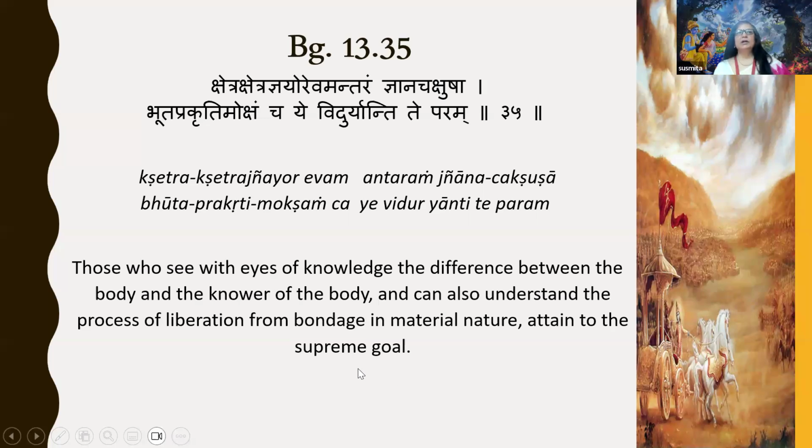So in this chapter, what Krishna is saying is we have to know about three things: the body, the soul, and the super soul, the relation between the body and soul, and the relation between soul and super soul. When we have the knowledge about all these things and understand that we are not this body but we are soul, and our activities are directed towards the soul, not to give pleasure to the body, then we are actually on the path of liberation. That is the sum total of this chapter, and that is called Jnana Yoga.